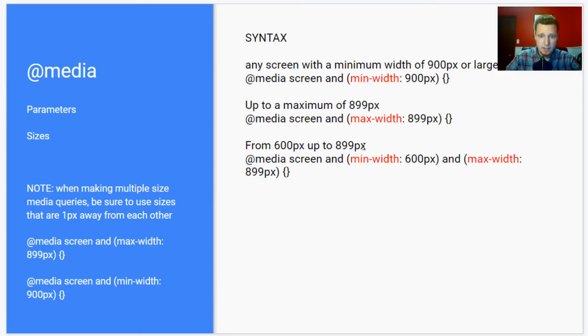And my last one here is, if you want not X number of pixels or larger, or X number of pixels or smaller, but let's say you want inside of an area there. So in this case, I want from 600 pixels up to 899 pixels, and just in between those two values. So remember from the previous one, a min width of 900 pixels or larger. So in this case, I want 600 to 899, so I do a min width of 600 pixels. And then I close my parentheses, I do another and then I do a max width 899 pixels, and that's